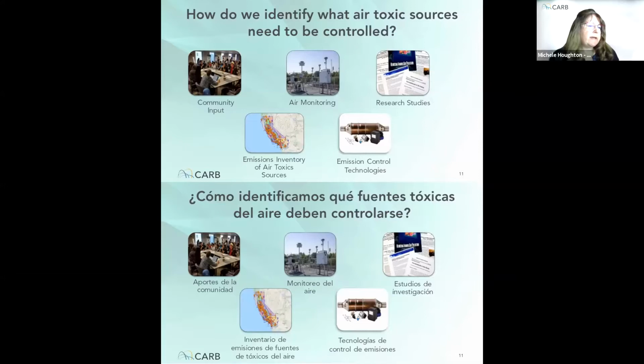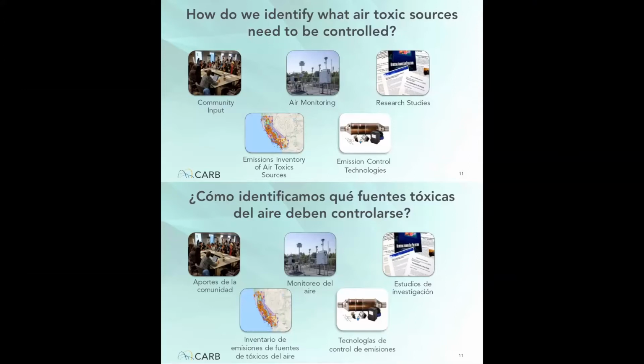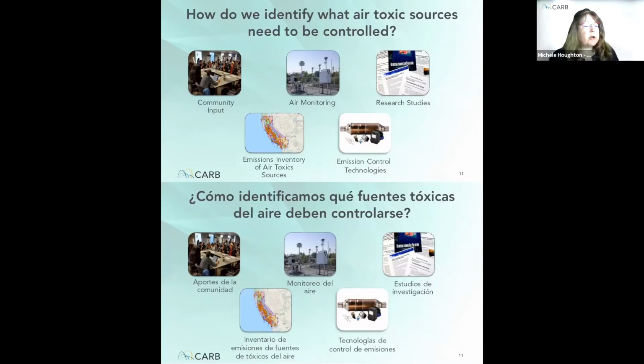Our statewide air monitoring network helps us track pollutants of concern. We use this information to understand the levels of toxic air pollutants in certain locations or at a regional level. As more air monitors go online in communities, we can learn more about pollutants on a neighborhood scale.